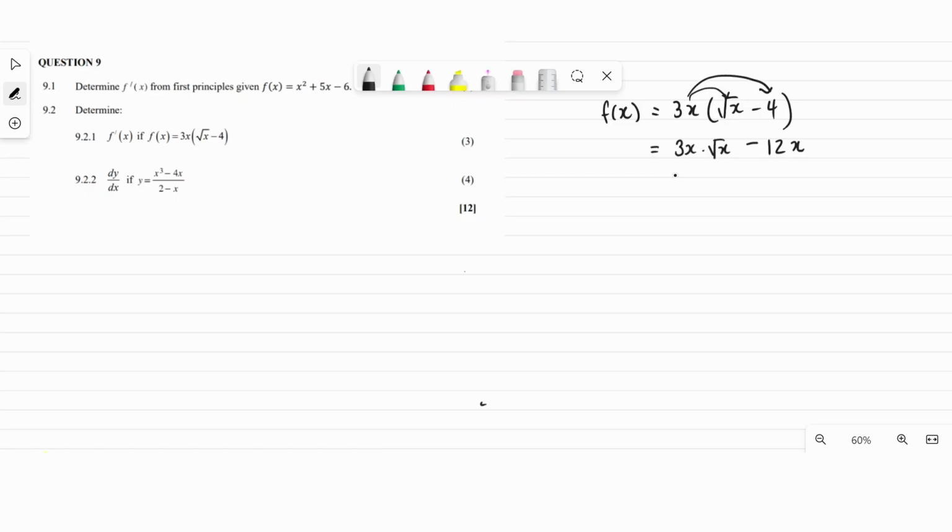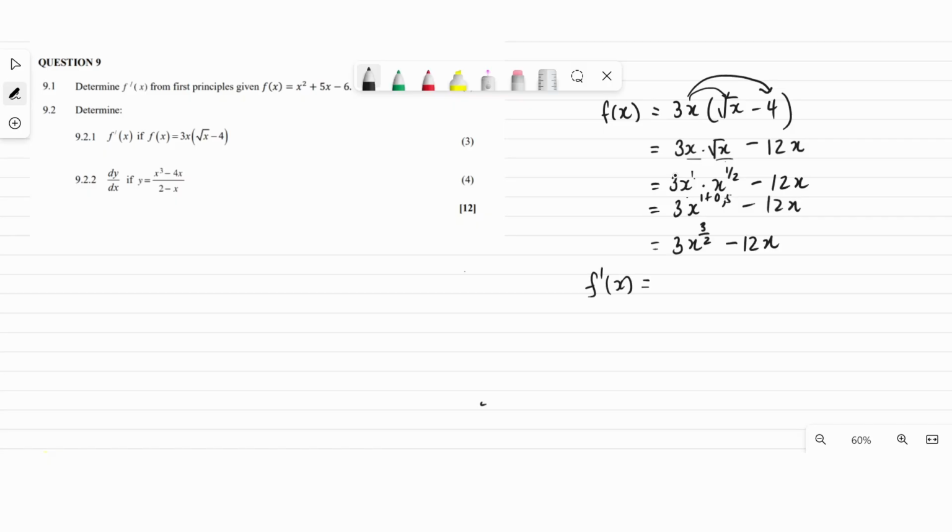So we see that here we have laws of exponents, right? So let's change the square root into an actual exponent. So let's do that. Since we have the laws of exponents, since the x's are the same base, we can basically add the exponents. So we're going to have 1, because this is to the power 1, plus 0,5 minus 12x, because 1 over 2 is equal to 0,5. Then when you simplify this exponent, you're going to get f prime equal to,